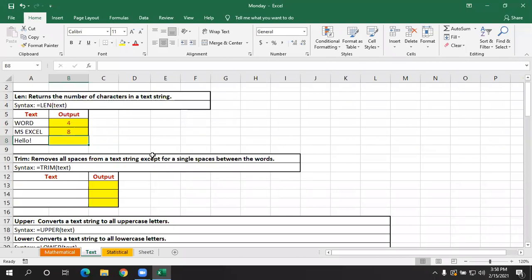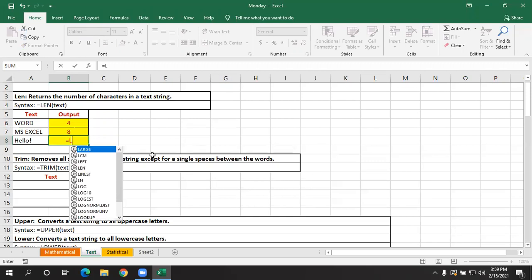Sure. I said space is also considered a character. Then what about the exclamation mark? It is also one character, right? So including that exclamation mark, it is 6. Very good. Remember, whenever there is a space, that is also one character. Any special characters you use also come under characters.